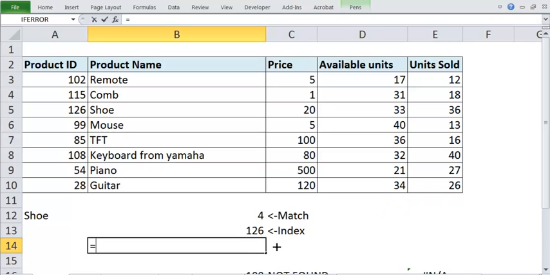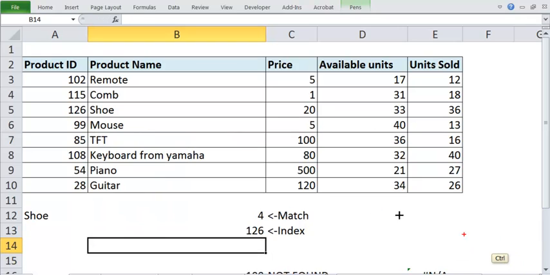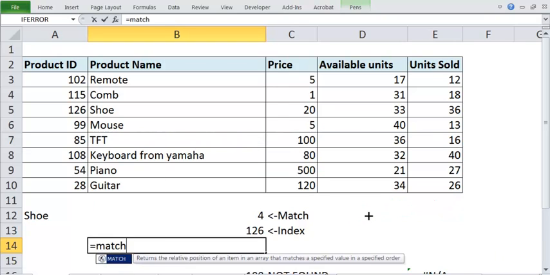Whenever you are doing nested match index, you start with the inner value. If you see, inside index I have the match. So first I will produce the value of match, and then I will wrap it with the index. So we will do match first.